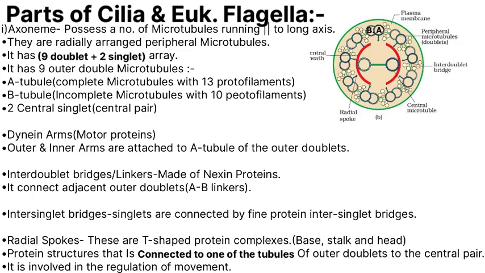Then there is the interdoublet bridge, also called linkers, in between the dynein arms, which is composed of the nexin protein. That is why it is also called the nexin linkers. You can see in the diagram how the peripheral AB doublets are interconnected with the linkers, so they are also called the AB linkers. They act like bridges or linkers to hold the adjacent doublets together and stop their uncontrolled